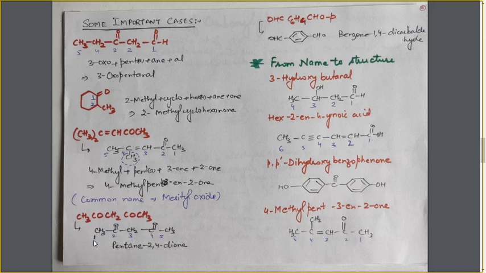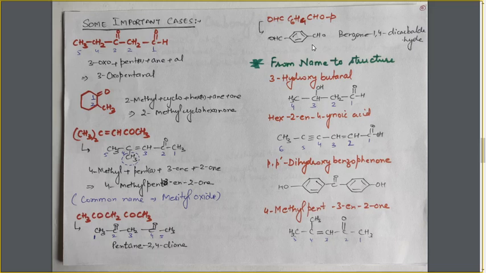Regarding the numbering of the carbon chain, it can be done from any of the 2 sides, from this side and from this side. Same numbers to these functional groups, that is 2 and 4, from this side also and from this side also. So the name becomes, for the 5 carbon chain, penta, saturated, an, and for the 2 ketonic groups, it will be dione, and their positions are 2 and 4. So the name becomes pentane-2,4-dione.